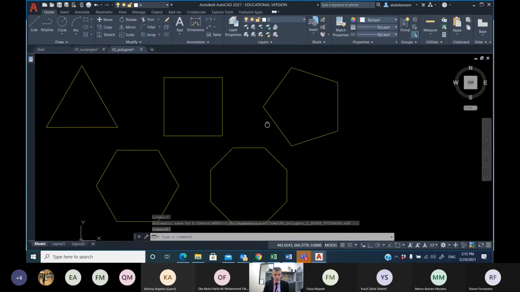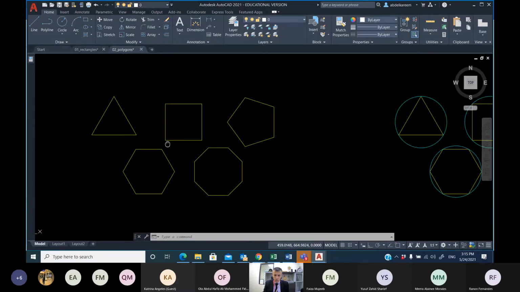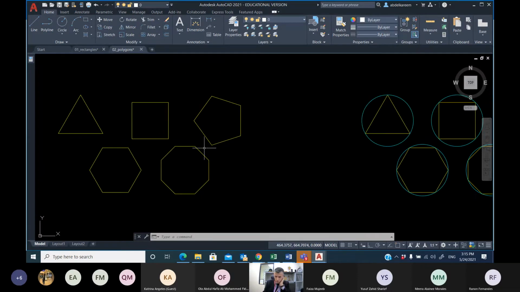I will talk about these polygons today, and in here we have 3 edges, 4 edges, 5 edges, 6 edges, and you can go to any number of edges that you like, from a triangle to a square to a pentagon to a hexagon to whatever you like, octagon, and so on and so forth. Most of these can be drawn using one single command. This command will follow the same sequence as a circle,